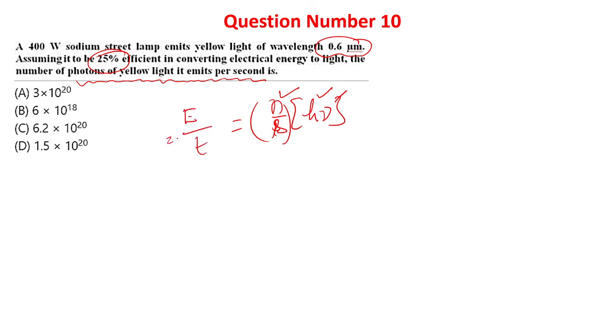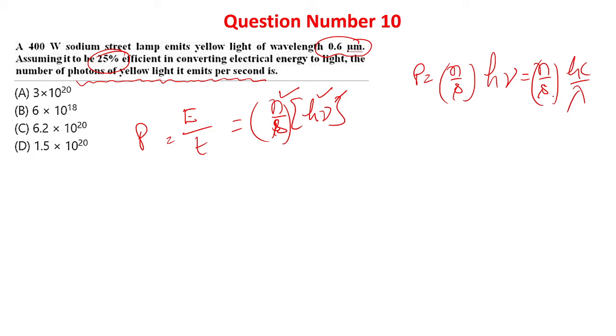Energy emitted by time taken is equal to power. So basic formula, power is equal to number of photons given out per second into h nu. If frequency is not given, no problem, write it as hc by lambda. So this is a basic concept. Further, only 25% of the total light input is converted into visible light. So this power is to be substituted as 25% of 400. The rest is calculation.